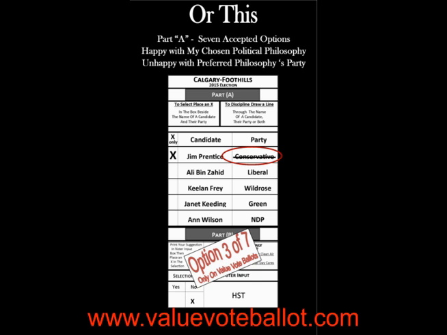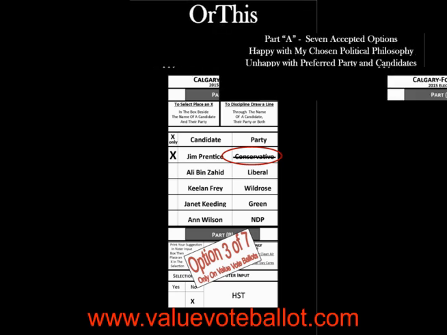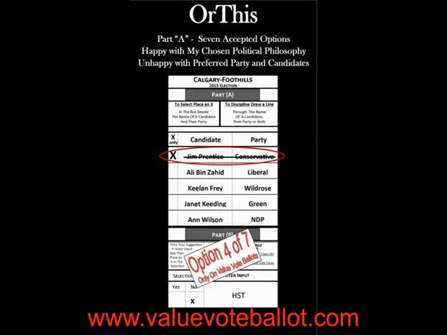Option number 3, the voter's X would be placed with a line through the party's name, again showing that the voter is still loyal to the Conservative philosophy, but is disappointed in some aspect of the party's performance. Option number 4 is the last option for selecting a candidate or party. The voter's X still acts as a request to elect the Conservative philosophy, but by drawing a line through both names, the voter is stating that although he or she still believes in the Conservative philosophy and would like the province to remain Conservative, she or he is disappointed with both the party and the candidate's behavior.